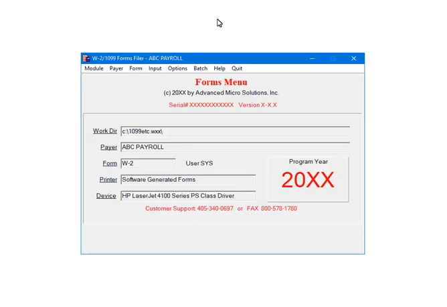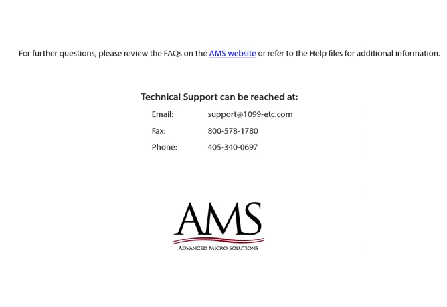If you want to print multiple pairs at a time, you can use the Batch command on the W-2 1099 Forms filer menu. The process to print the forms is the same. You are just given the opportunity to select multiple pairs. And click Quit. Please review the frequently asked questions on our website, or refer to the help files for additional